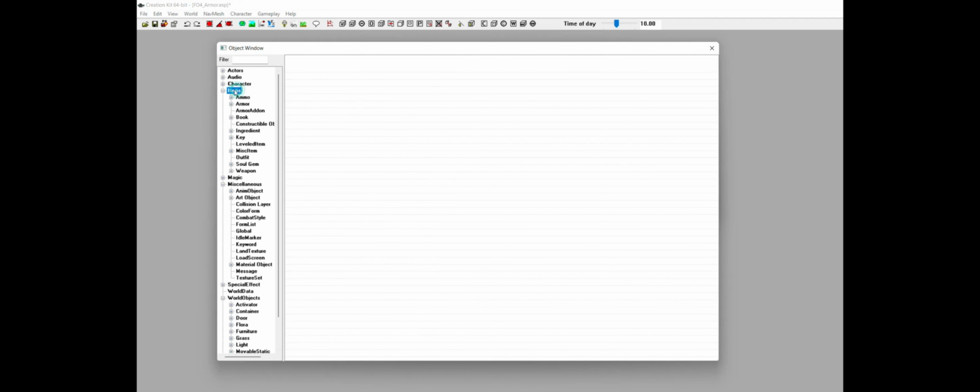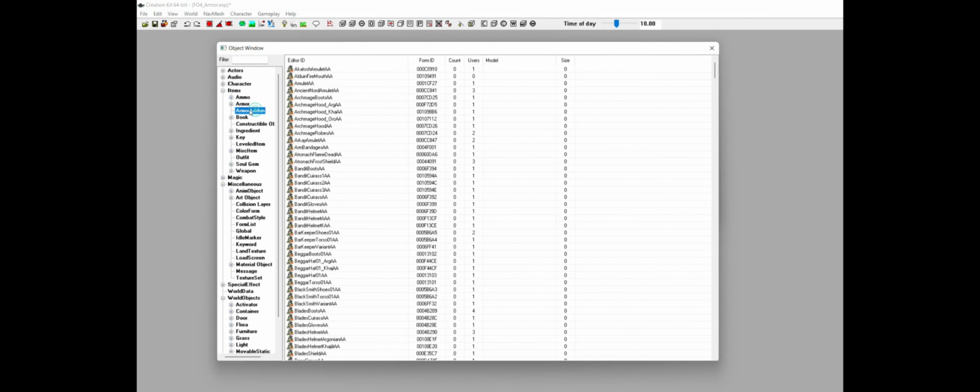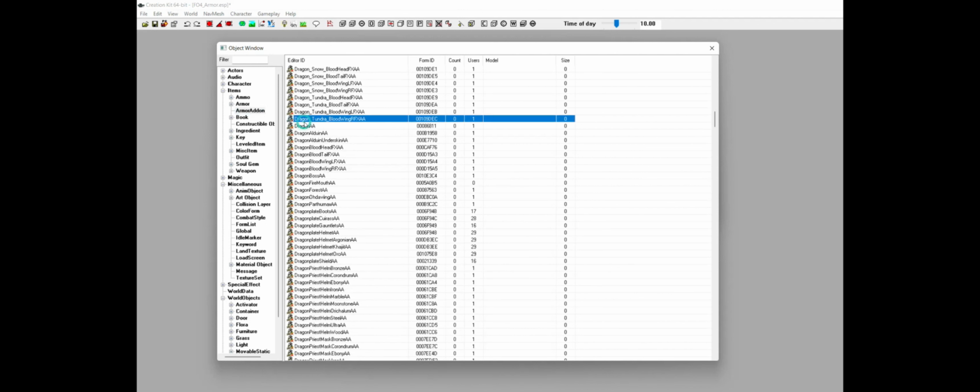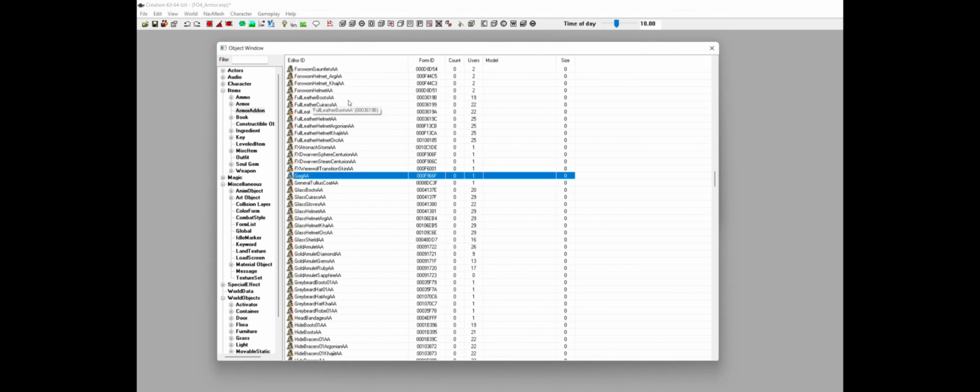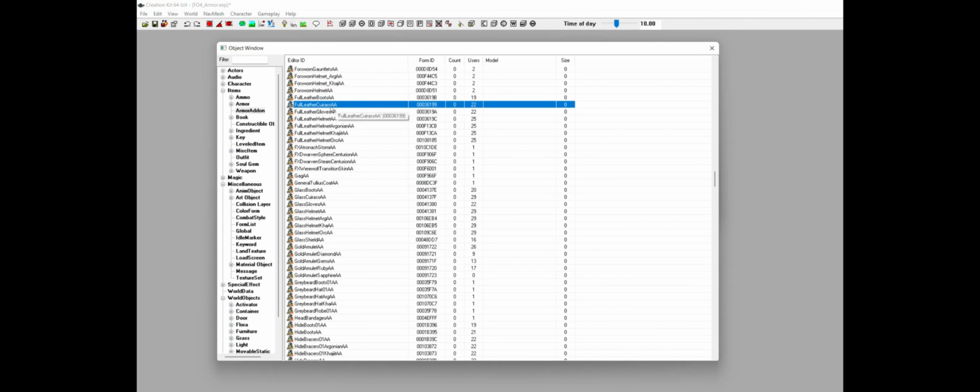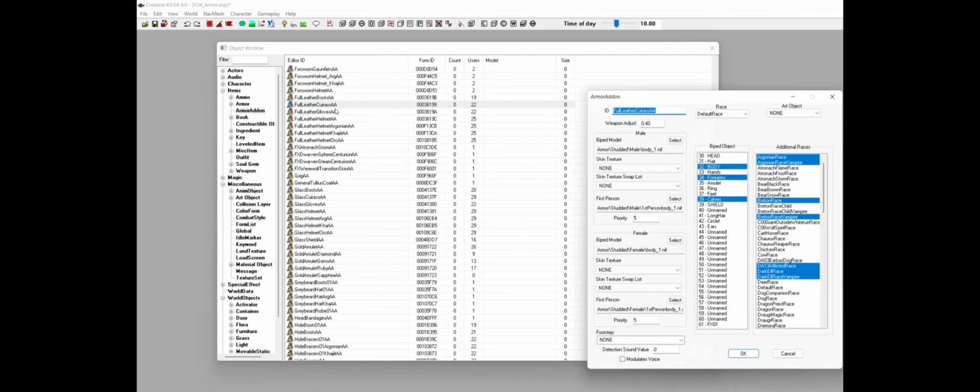So the next step will be in items and armor hidden. Look for any armor that is similar to what you are doing. So let's say I'll take the leather armor. Yeah, that's the one. I will open it. So the base information is already there. Of course, I'm gonna change the name again.